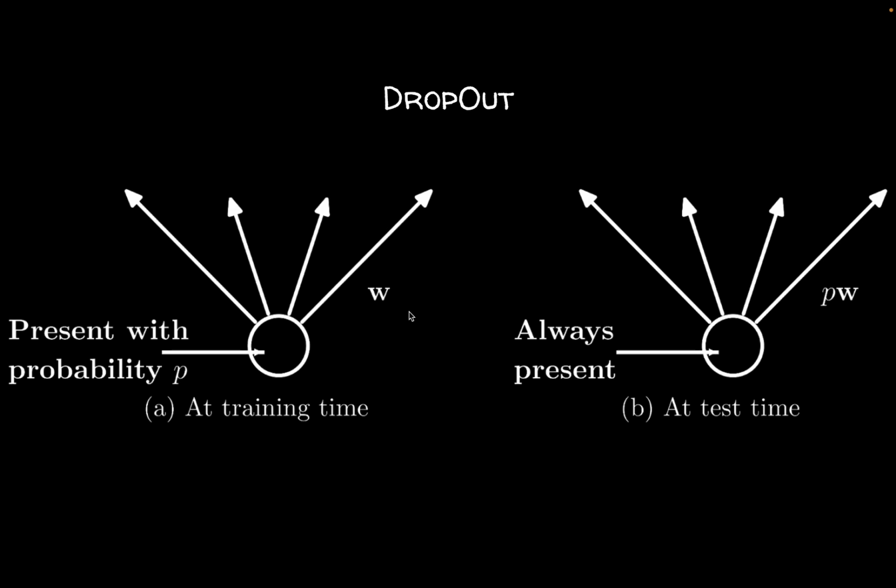Now it is possible to use a different p for each of the different weights, but that would just mean you have to store double the number of values in memory. So for most implementations, people often use a single p throughout the network, or at least use one p for all the neurons in one layer. That way you have fewer things to remember, and also this p becomes yet another hyperparameter, and you want to reduce the number of different hyperparameters that you have. Okay. Now